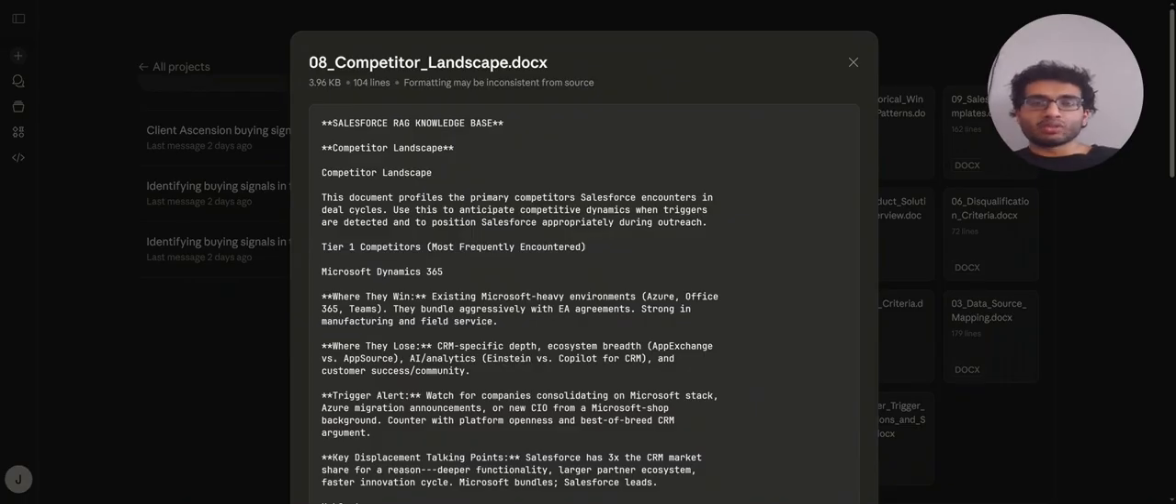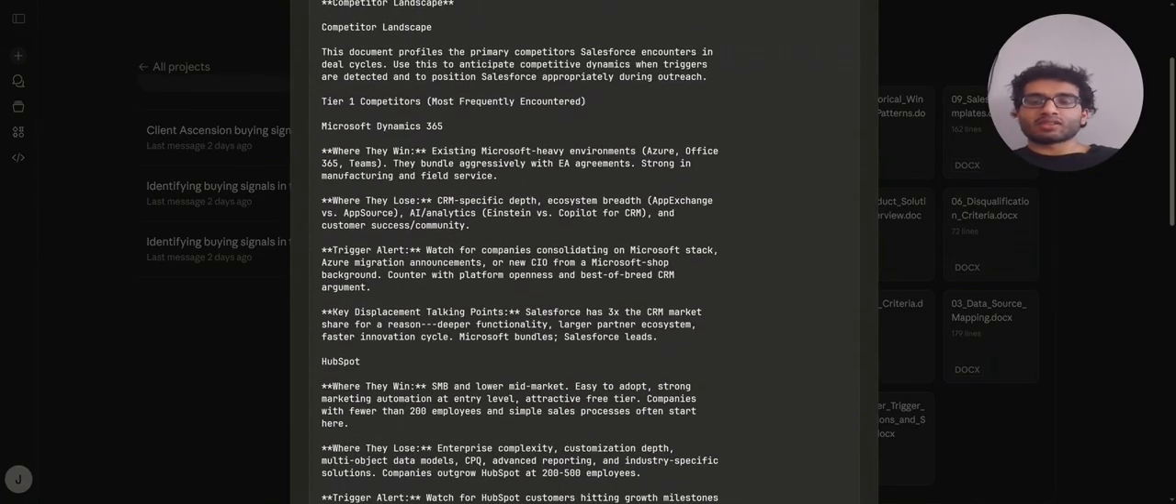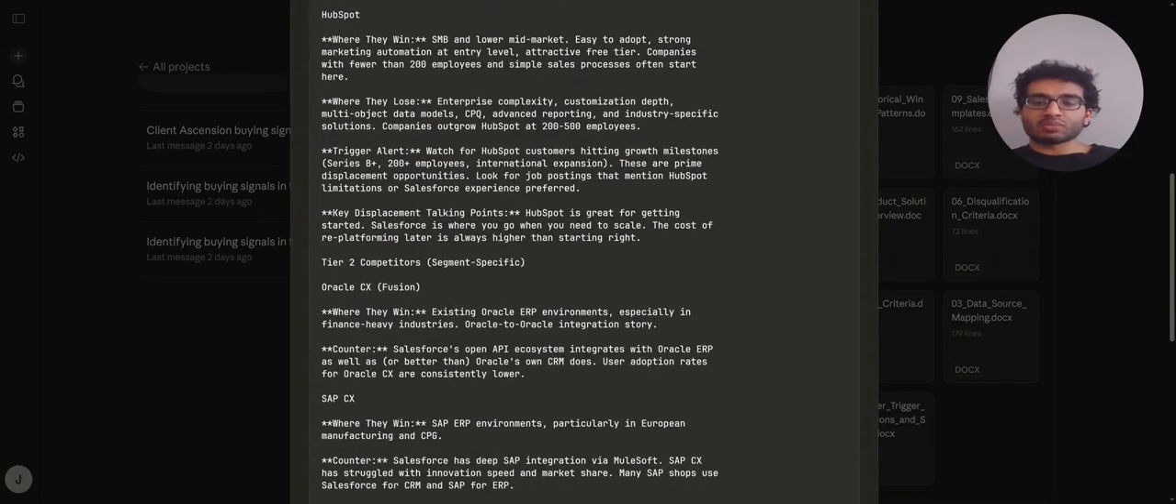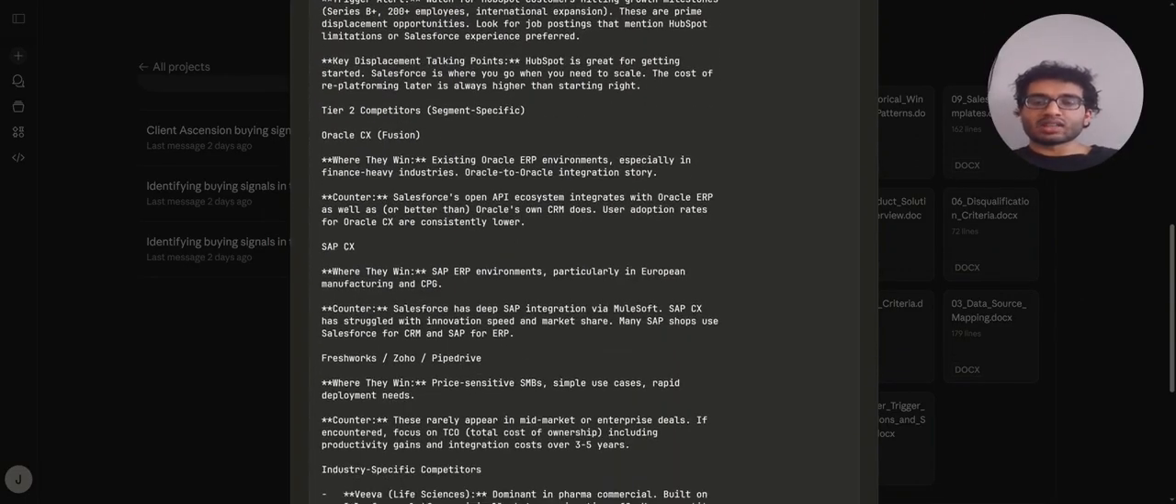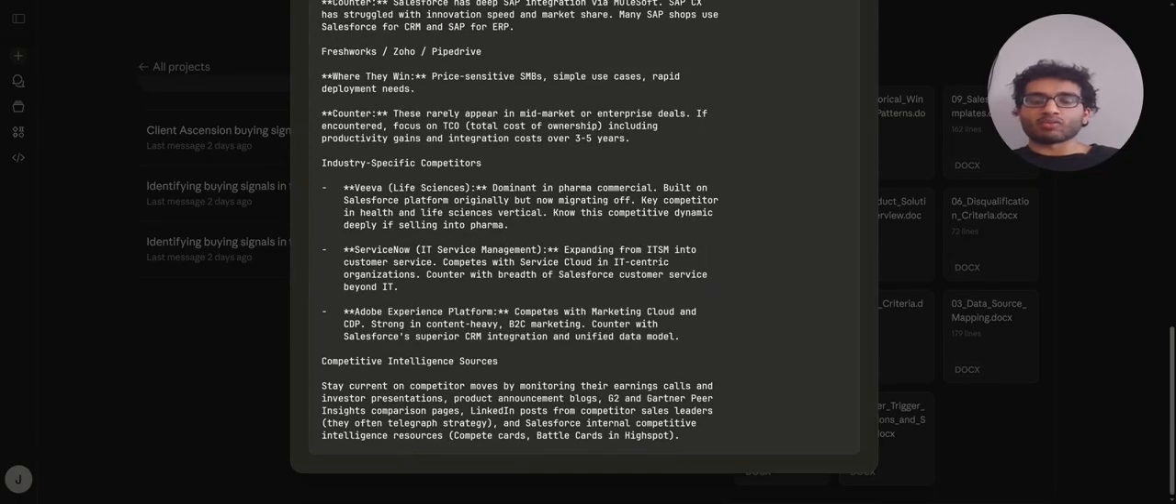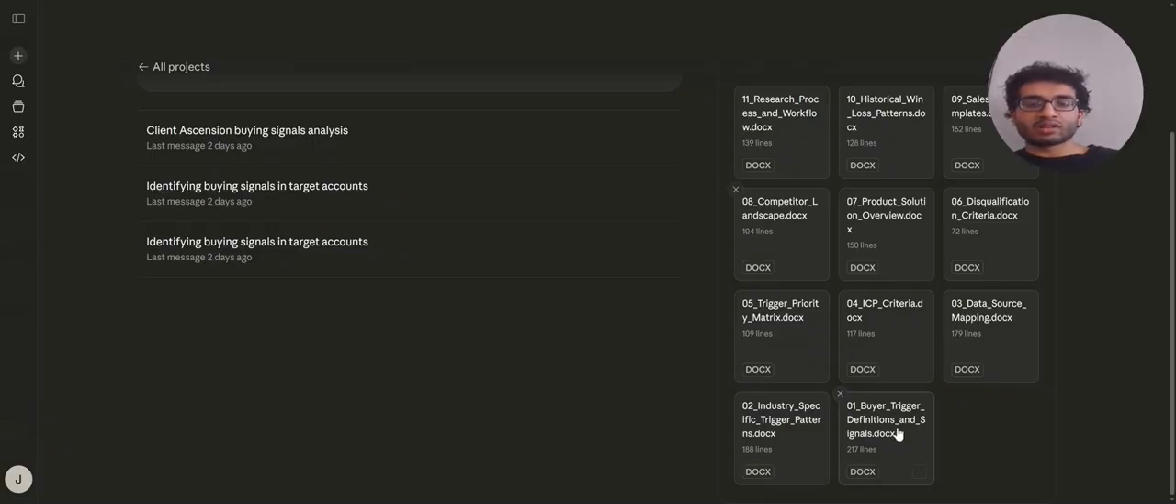And what you can do is you can pretty quickly identify that using public resources. So, stuff like, for example, if they say anything about if they use Microsoft 365, HubSpot, Oracle CX, SAP, and so forth. This is important. It's not as critical as having the buyer triggers, the industry-specific trigger pattern, and the ICP, but it's an important one to consider as well, as that's a pretty